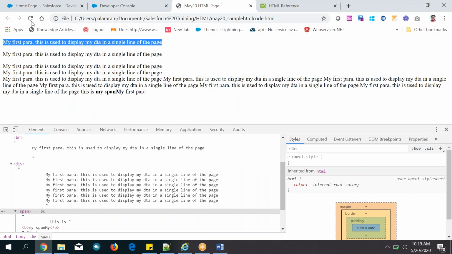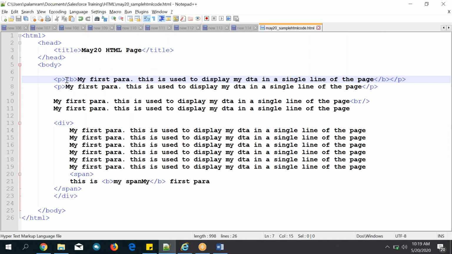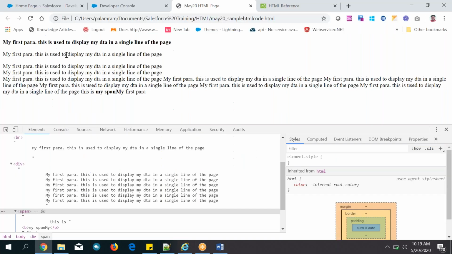Let's come over here, refresh. Now you can see the text is displayed in bold. As a developer you need to understand what tags you are using and what the output is. If you understand it thoroughly, then you can become an expert. Keen understanding is very important.